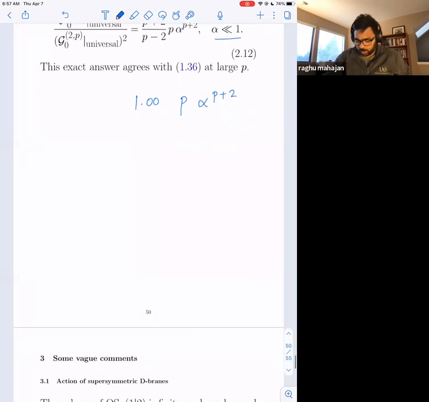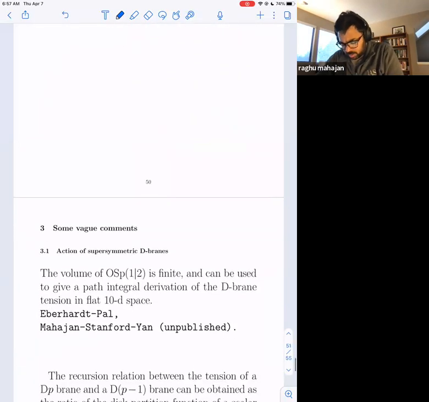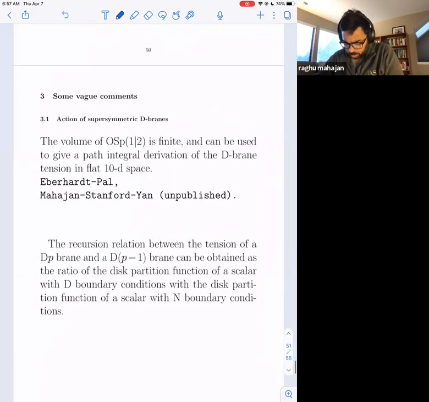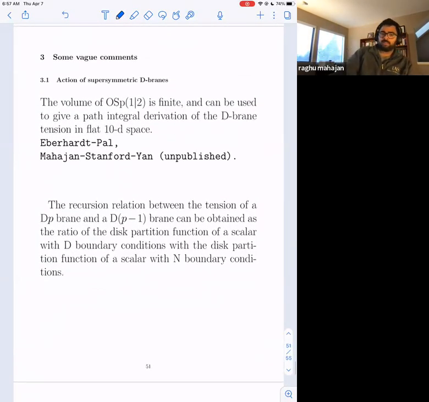Yeah. Anyway, if there are then no more questions, maybe I can make some comments about this. One is a comment about some unpublished computations that we did, and also the same computation appeared in this Eberhard-Pahl paper, which is the fact that for the super version of the conformal group on the open string, which has 3 bosonic generators and 2 fermionic generators,